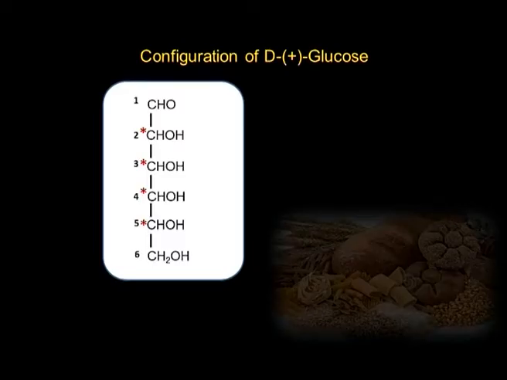Previously we had discussed that naturally occurring glucose consists of 6 carbons present in a chain. There is one aldehydic functional group and the remaining 5 carbons have one hydroxyl group each. Up to this structure we had arrived on the basis of certain chemical reactions that were studied for glucose.